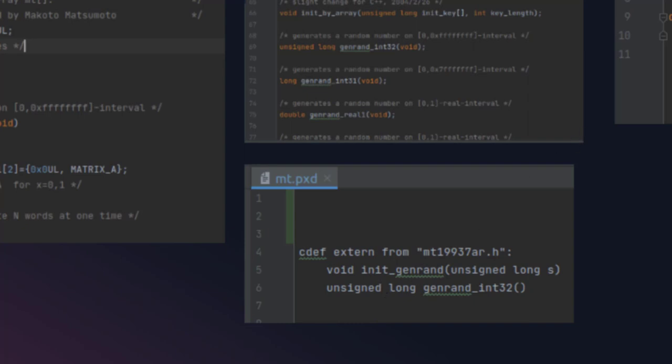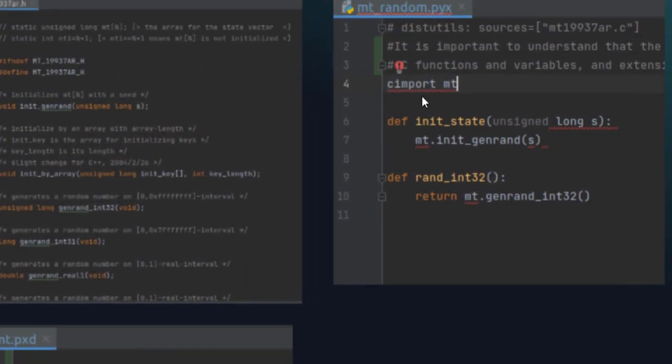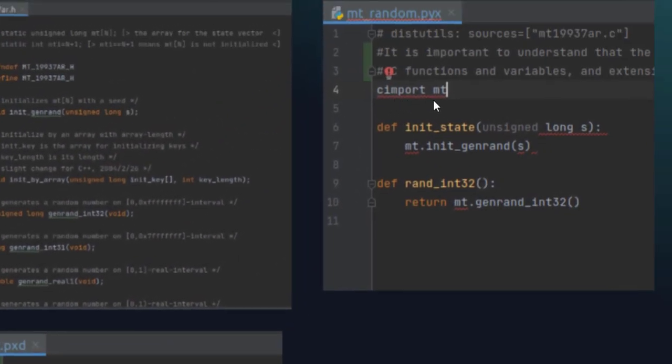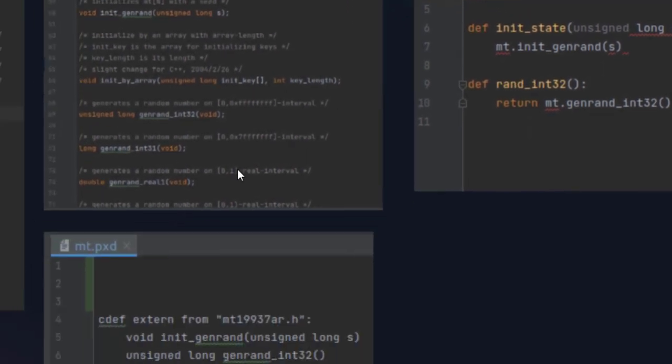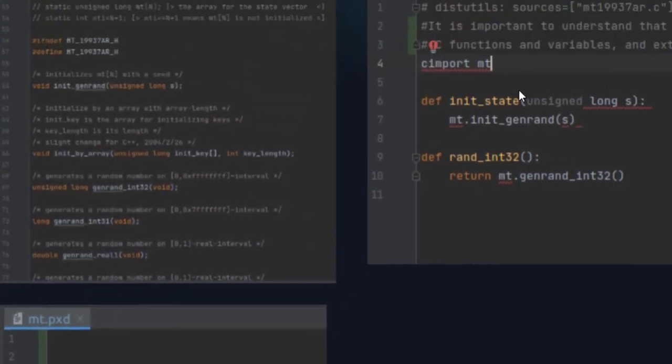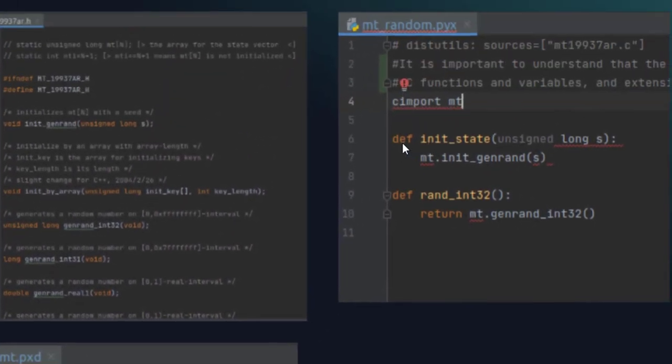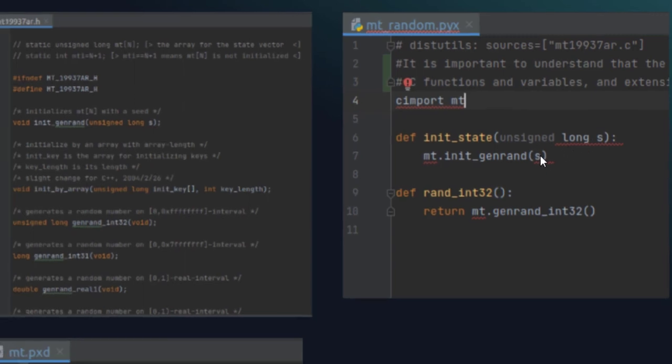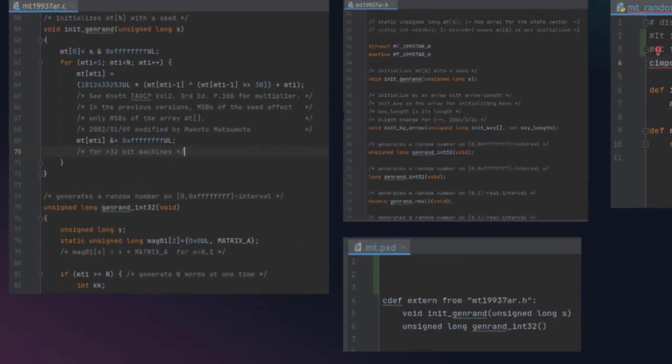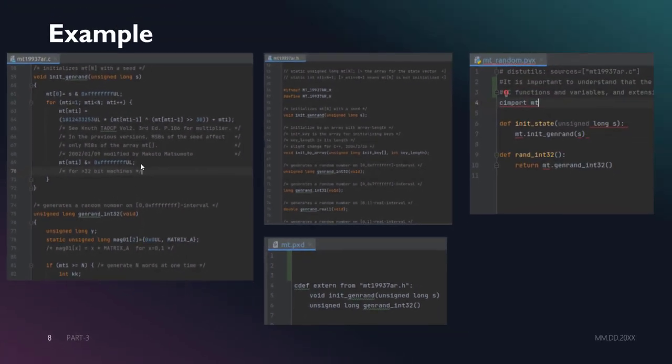If you now come to this part of the code, you see I'm doing a cimport, and I'm importing this .pxd file here. And then I have these Python functions which are defined with def, but the values that I pass inside are passed back to my C function here.